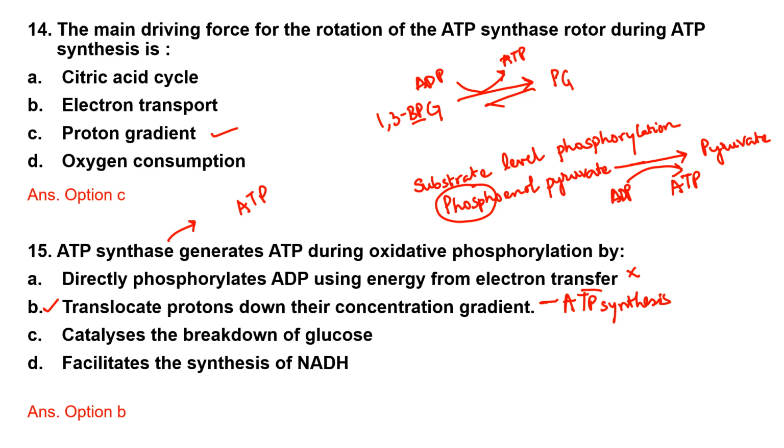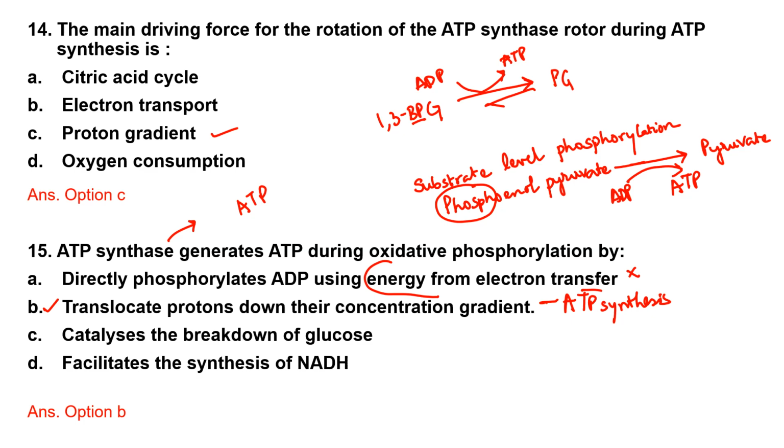Option A, that is what I'm saying. Why is option A incorrect? It says it directly phosphorylates ADP using energy from electron transfer. But it is not using the energy from electron transfer for phosphorylating ADP. It is using the energy that is released when the proton gradient is broken. A large amount of free energy is released, and that free energy is used for generation